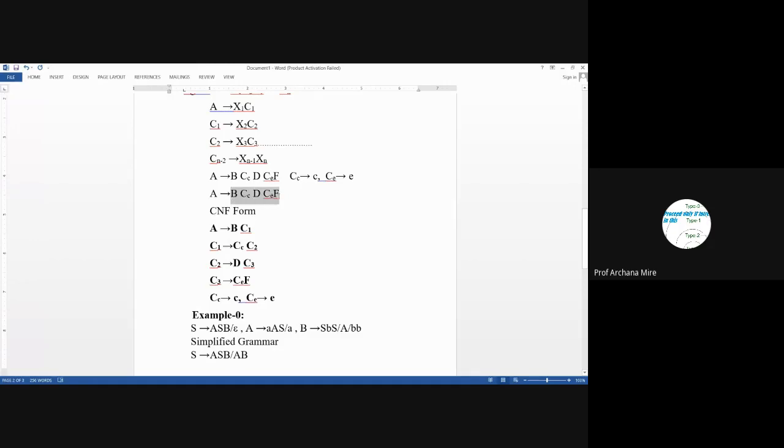Now here the length of the production rule is more than 2, so we keep the first non-terminal B as it is, and the remaining substring we replace with C1. But again, for the remaining substring the length is not 2, so we include a production rule C1 leads to CC C2. Once again, the first non-terminal is kept as it is, and the remaining is replaced with C2.